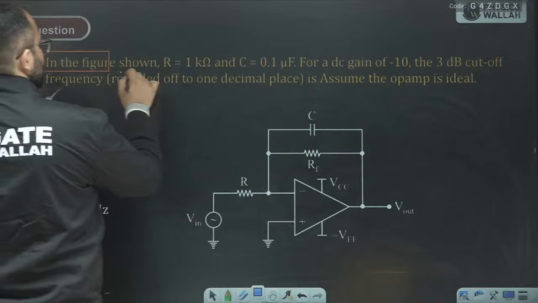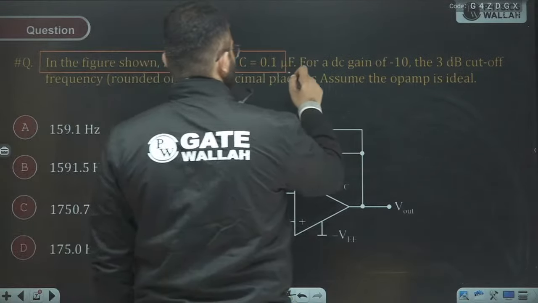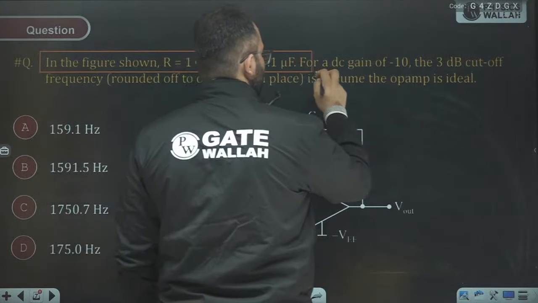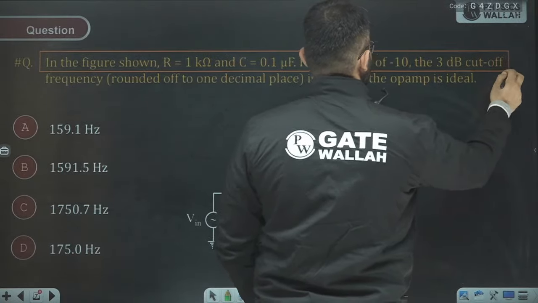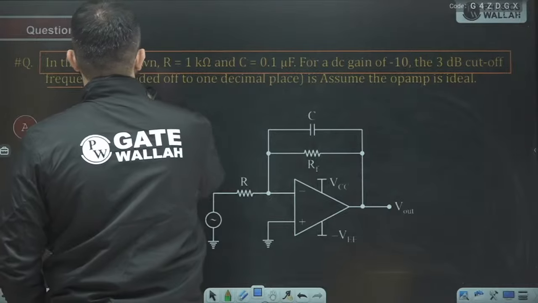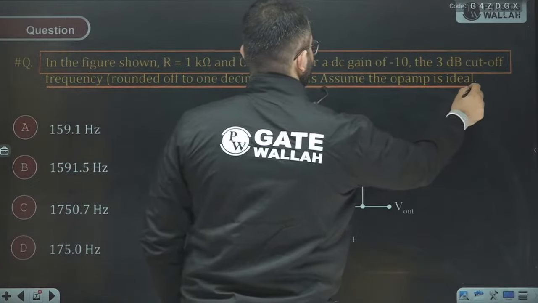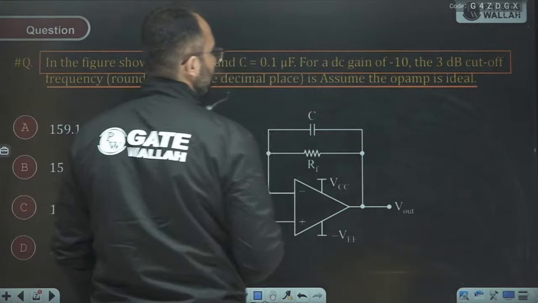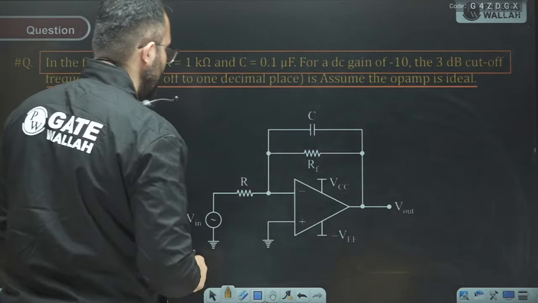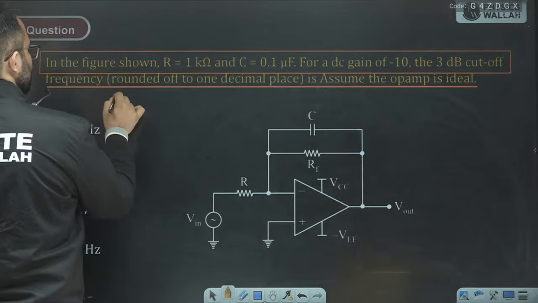In the figure shown, R is equal to 1 kilo ohm and C is equal to 0.1 microfarad. For DC gain of minus 10, the 3 dB cutoff frequency is? Assume that the op amp is ideal. So DC gain is minus 10. So what is the meaning of that? DC gain is minus 10 means